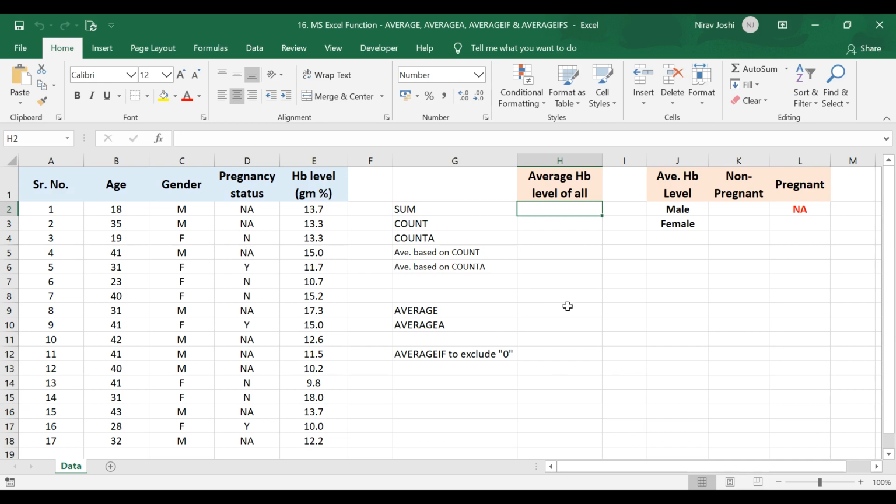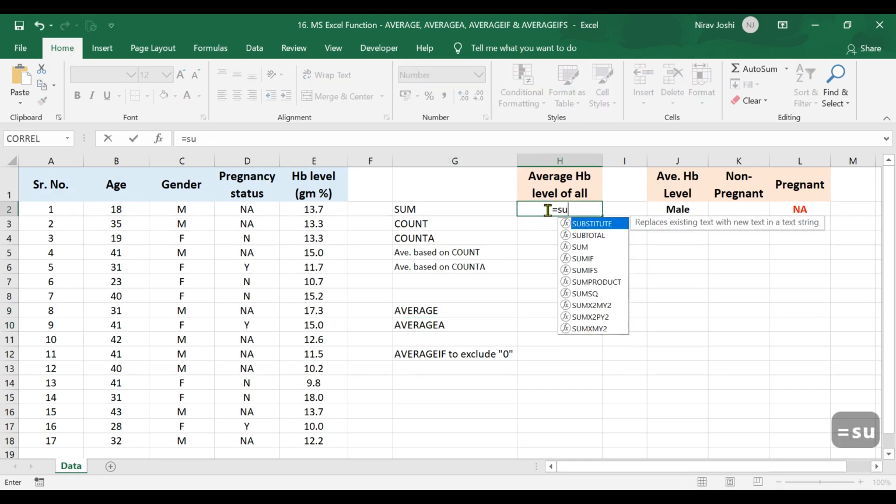So in the first part we will discuss AVERAGE and AVERAGEA functions. To understand the difference between AVERAGE and AVERAGEA, we will first do the sum of this hemoglobin level, and based on COUNT and COUNTA functions, we will understand the difference between these two functions.